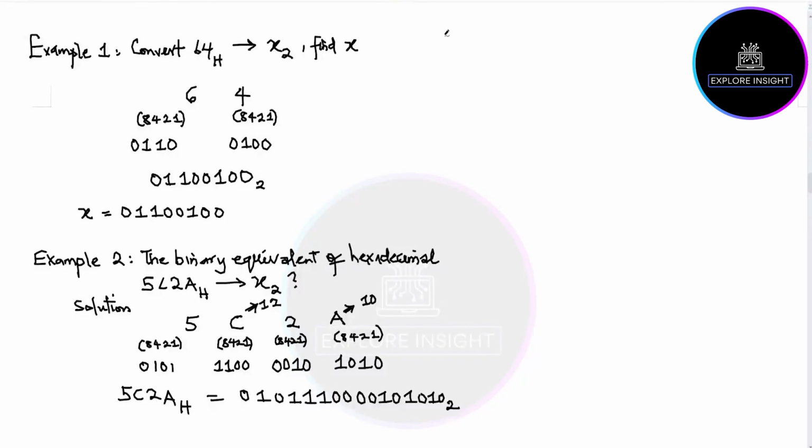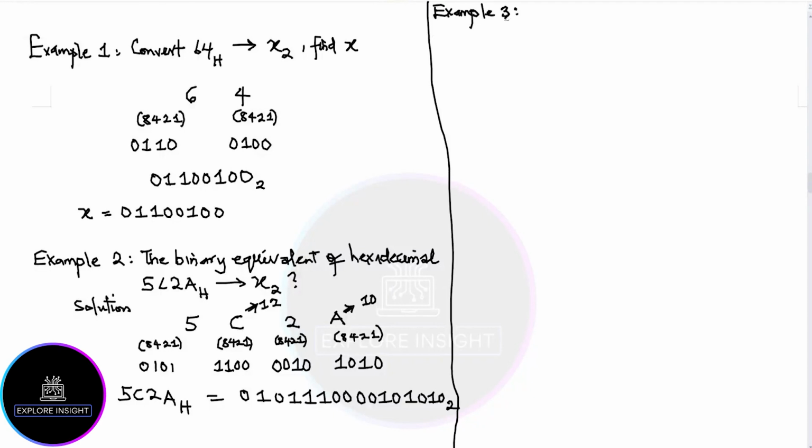Interestingly, I would like to look at another example, but in this scenario, we want to work with decimal points. Now, consider example 3. In example 3, we are asked to convert 69.25,